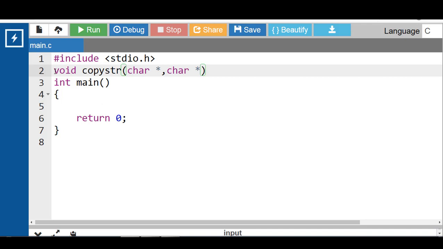Function takes two pointer arguments. The first argument is responsible for the target string and the second argument is responsible for the source string. Then inside the main function,